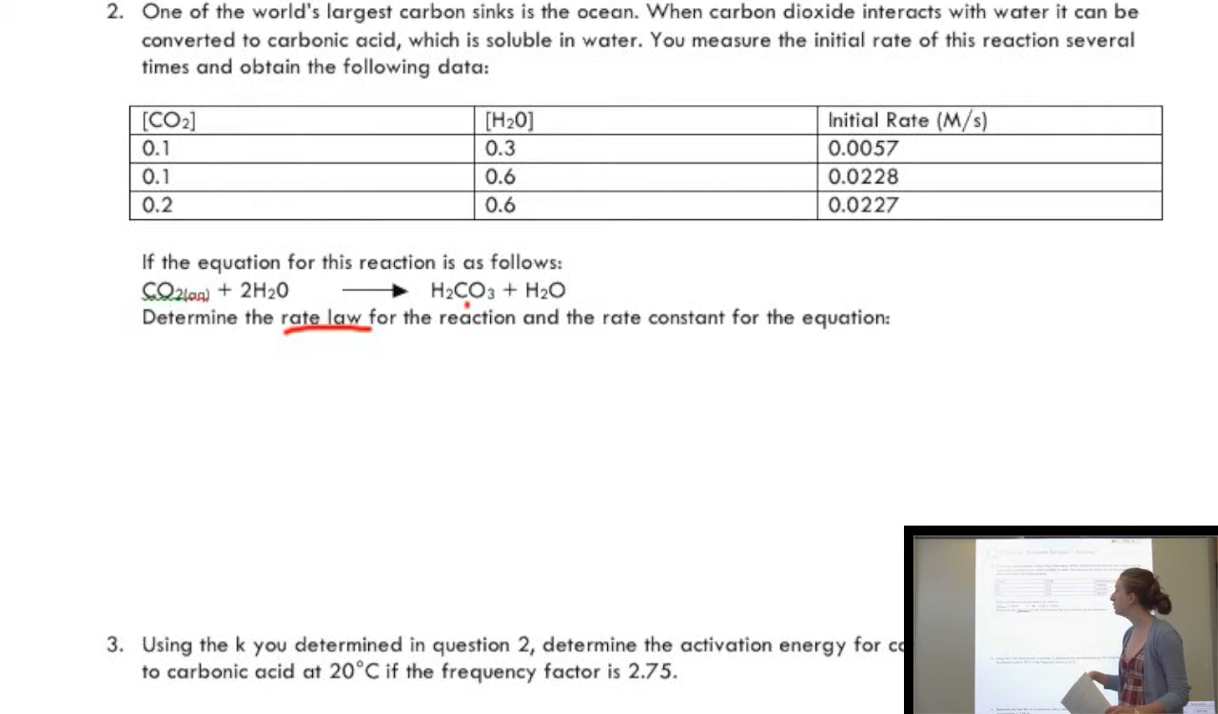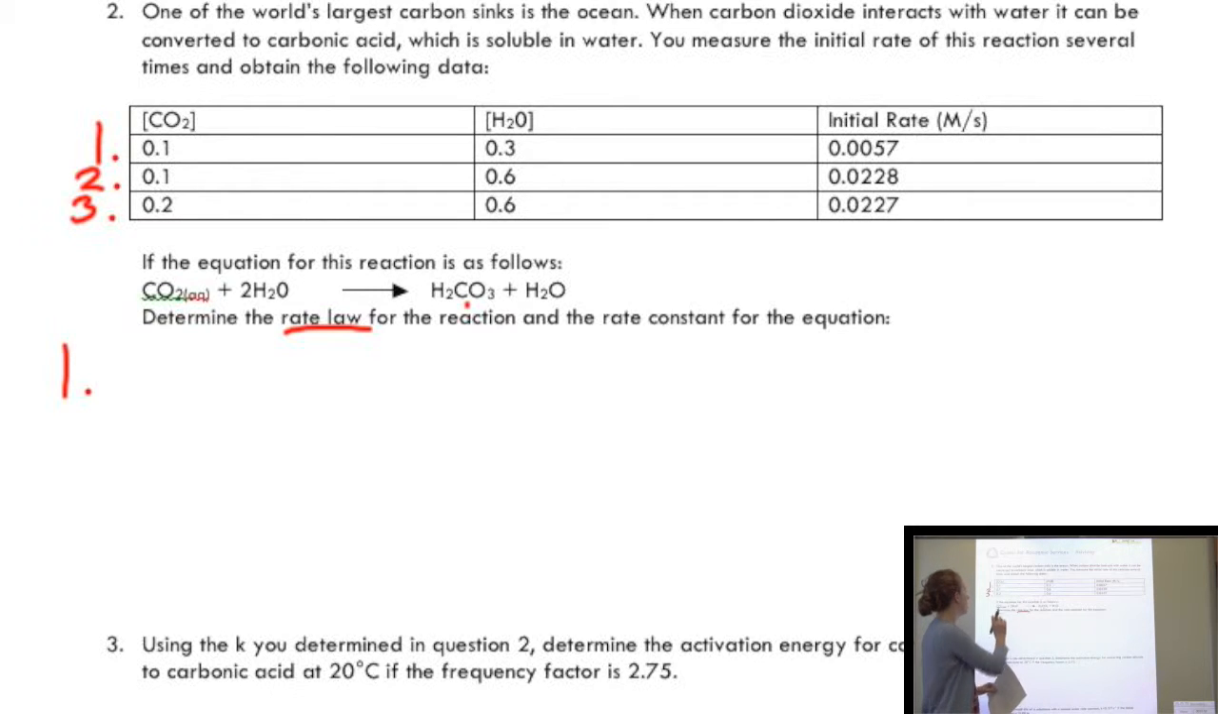acid. So the way you want to approach this problem is to immediately go straight to the data table and determine what order the reaction is for both of your reactants, which is carbon dioxide and water. So the way you do this is by simply determining how the concentration of each of your reactants changes whenever the initial rate changes. So if we label these 1, 2, and 3, we're going to go through step by step and see how the concentration changes. So going from 1 to 2,